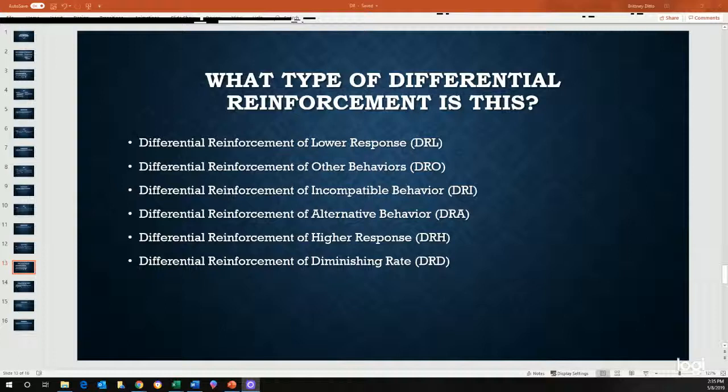If you said DRO, that is correct. So remember, a DRO is other behavior. So it could be the lack of the problem behavior or any behavior that's not the problem behavior. So let's say that we're still in that grocery store, and